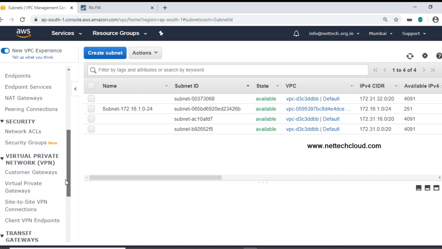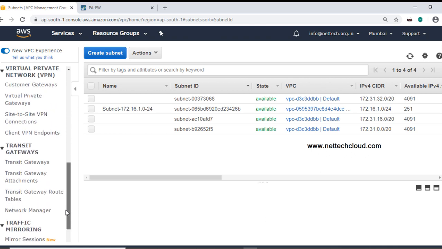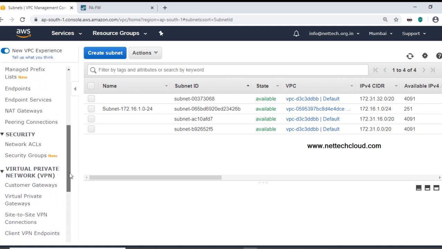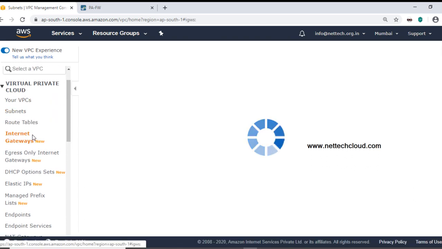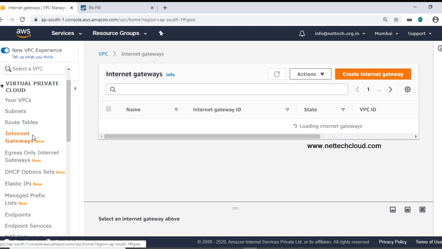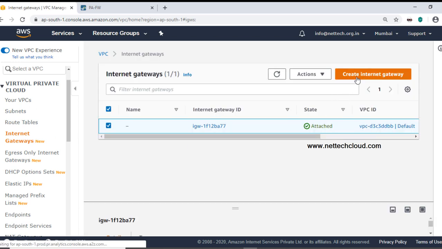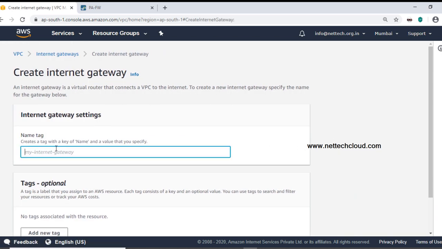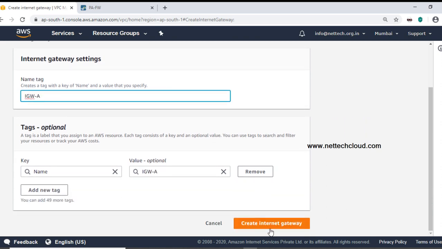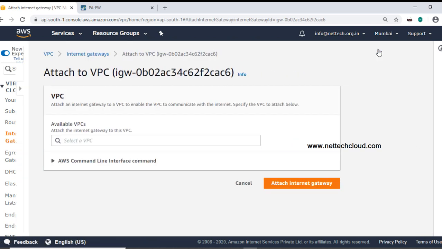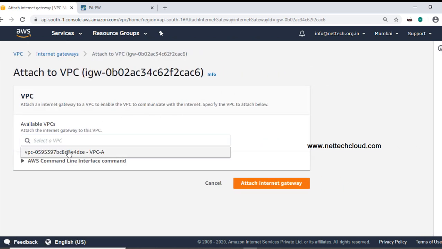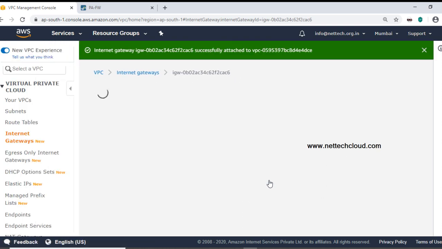The next step is the internet gateway. So browse to find the internet gateway here, and here it is. Because it's not a default VPC, we need to create a gateway here, and the gateway is A, and